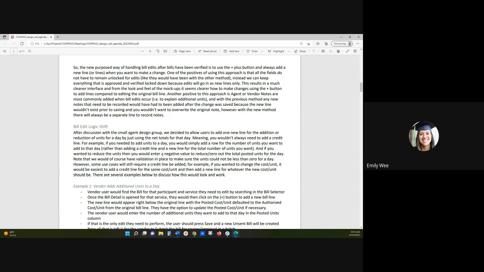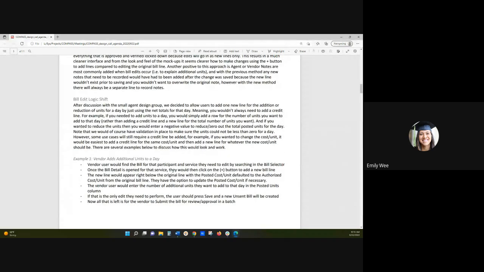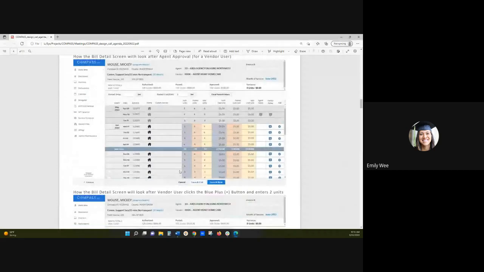So you could technically still input edits that way if that's the way you want to do it, but you don't have to, because the way we're going to basically calculate each day is by netting the total and then making sure that the units for a day are never less than 0. And so what I mean is,